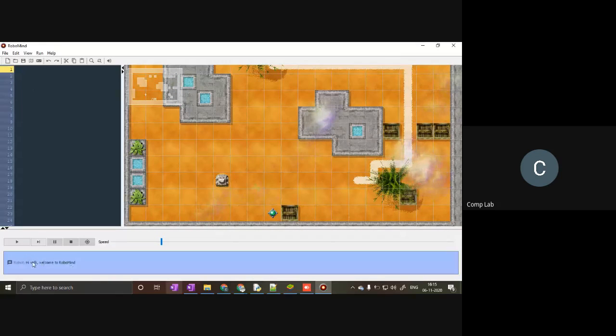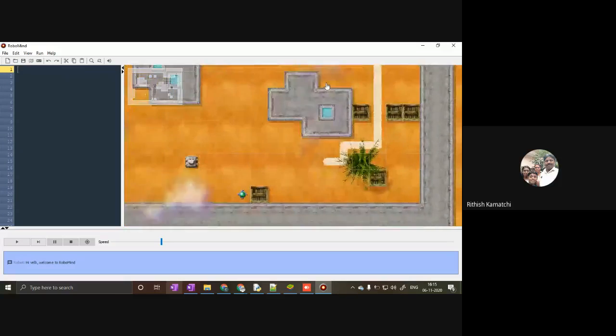Whatever messages the robo wants to send, it will send through this blue box at the bottom. This is what we call the message panel. And in the center, we have all our controls and speed settings. Now what I'm going to do is write a simple